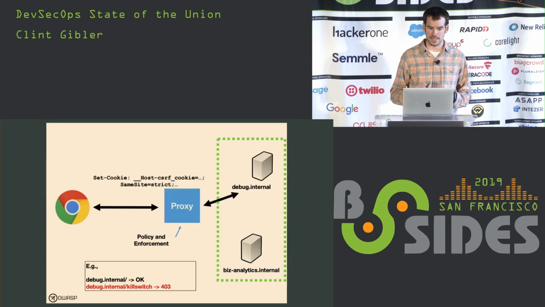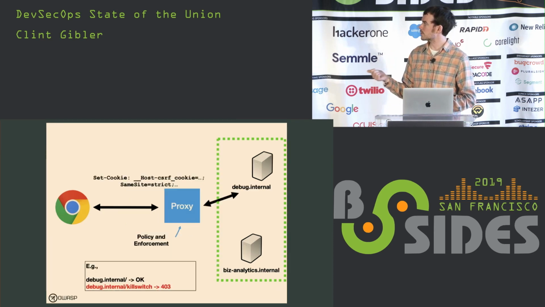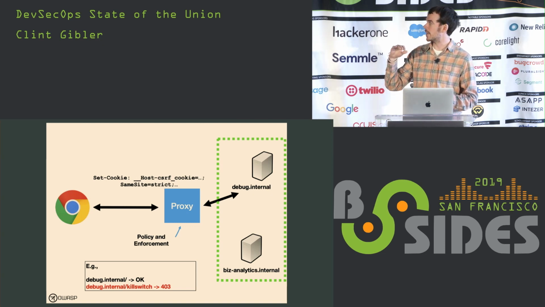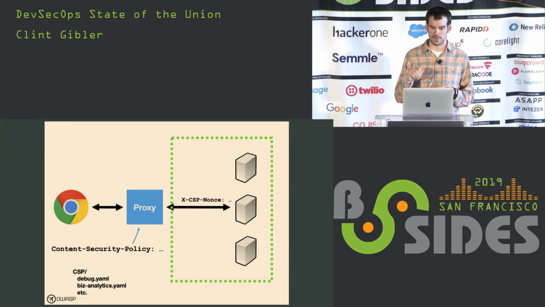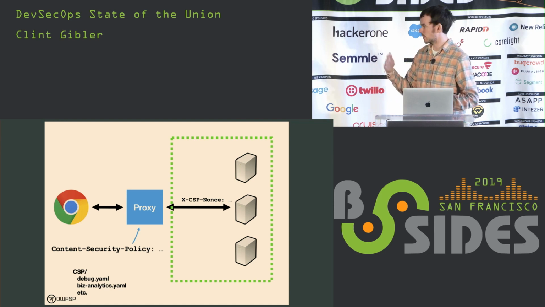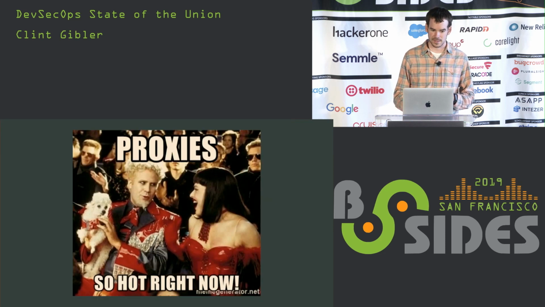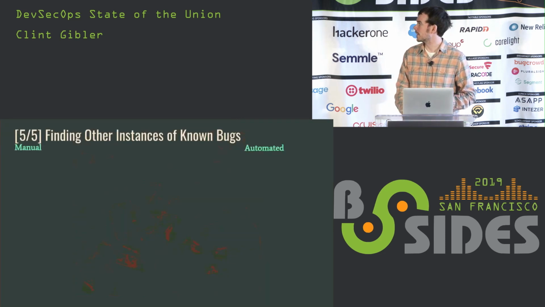So Hongyi gives a couple of pretty awesome examples. One is doing CSRF without necessarily caring about what language and framework the internal apps are using. He also talks about content security policy. Spoiler alert, it's still really hard. But he also talks about detection and response and some other things. So I would encourage you to check this out. So yeah, I noticed after writing these, proxies seem to be pretty hot.